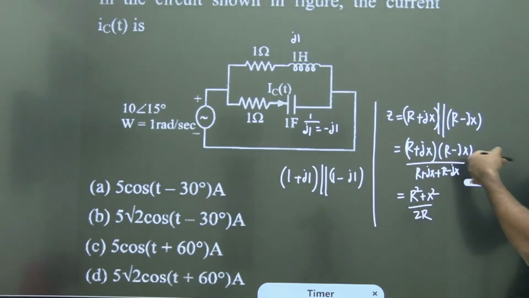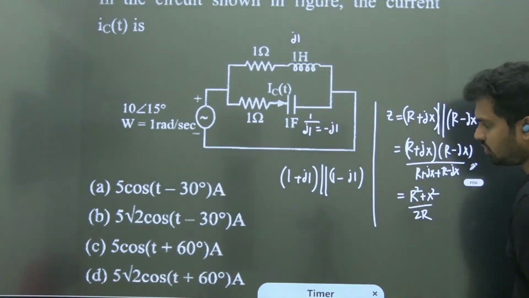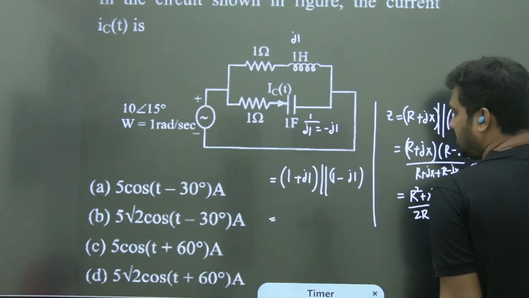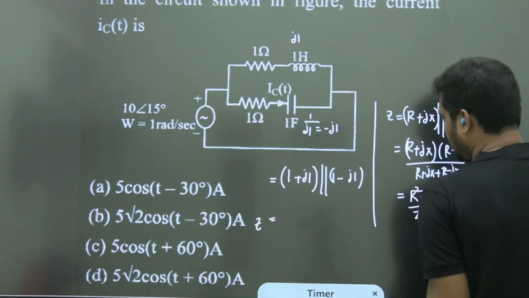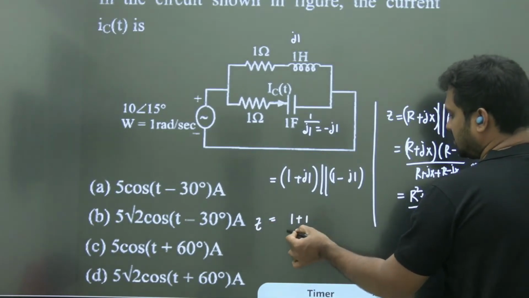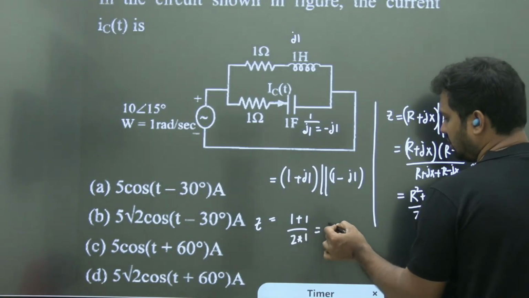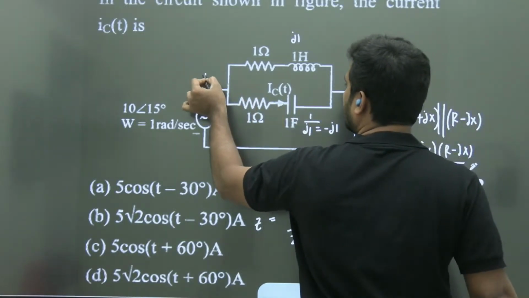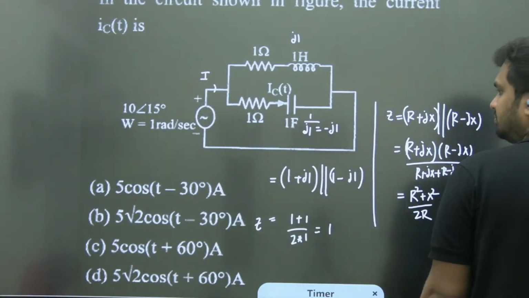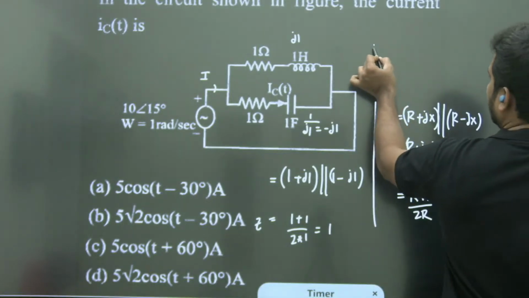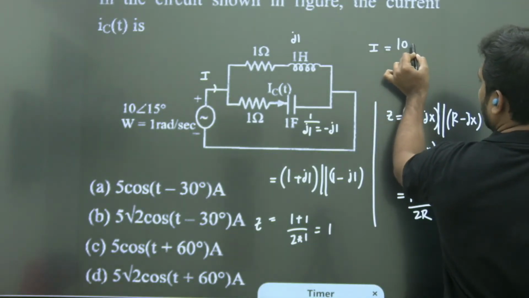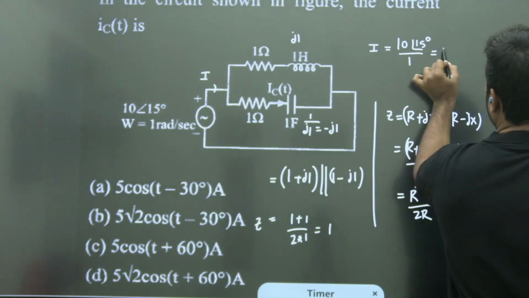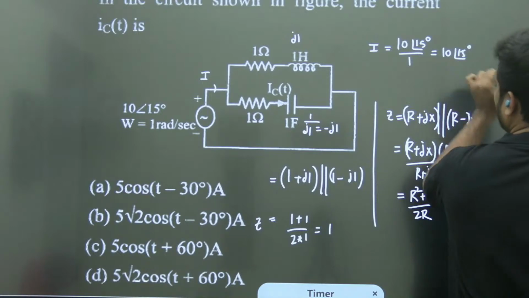Yes, A plus B into A minus B will give you A square minus B square. j square is minus 1. So 1 plus j into 1 minus j will give you the Z equivalent, R square plus X square by 2R, that will give you 1. So total impedance is 1. So this current I will be how much? I will be equal to 10 angle 15 degrees by 10 angle 15. मैं इतना क्यों कर रहा हूँ, ठीक है,